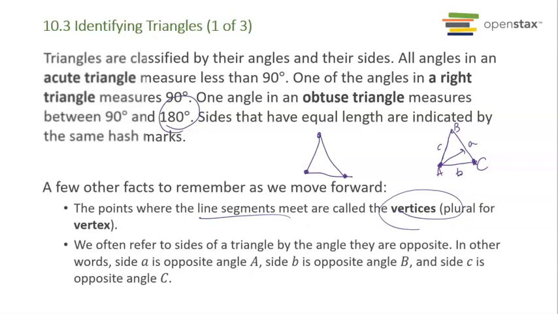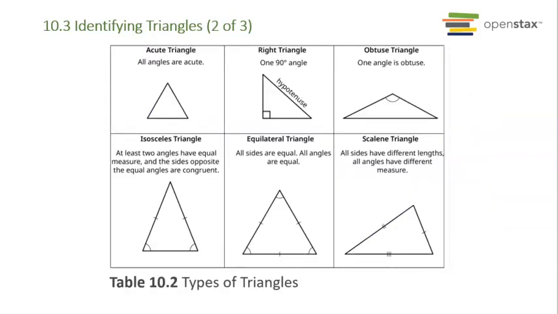We can name triangles either by what their angle measurements are or how many sides are congruent, like what the measurement of their sides are. So if we're talking about by angles up here on the first row, if you have an acute triangle, that means all of the angles in here are acute. So all of these angles are less than 90 degrees. So it could be that like one's